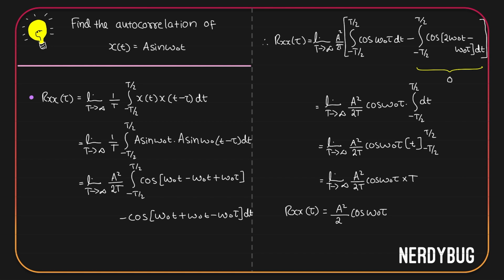So this is the autocorrelation of x of t. It is very obviously periodic and we can show it on a graph like this. Its maximum value will be when cos omega naught tau is 1, which is when tau is equal to 0, and it will be equal to A square by 2. So at tau equal to 0, I have marked A square by 2. But we also know the value of autocorrelation at 0 is what we call the power of that signal, as long as we are dealing with the power signal. So let's write down power of this signal is Rxx at 0, and that here is A square by 2.